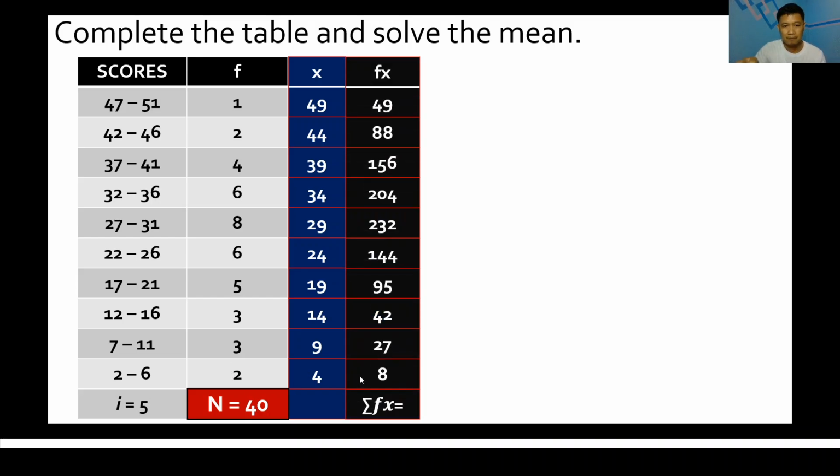Okay, after getting all the products of fx, you are going to add all these values here to obtain the summation of fx, and that is 1045. Now, since we already have the value of n and the summation of fx, we can now solve for